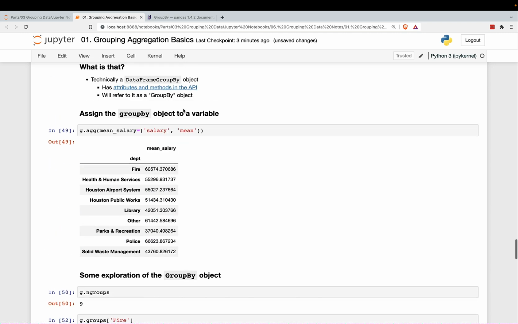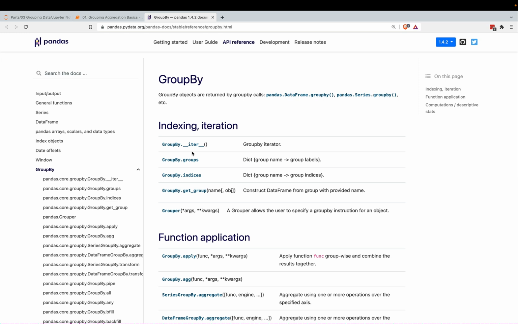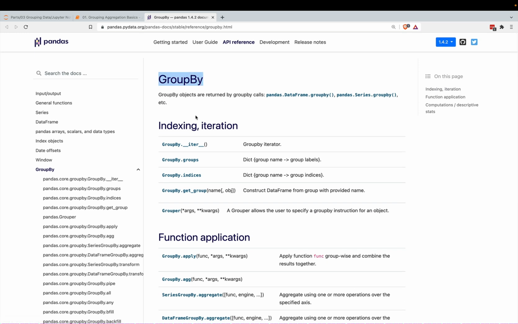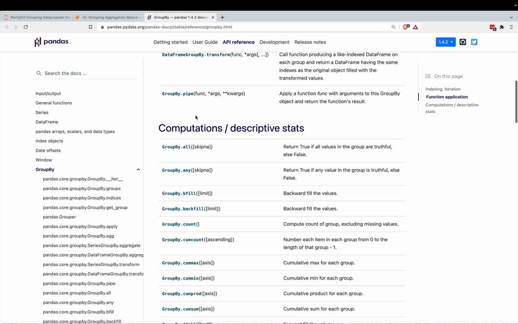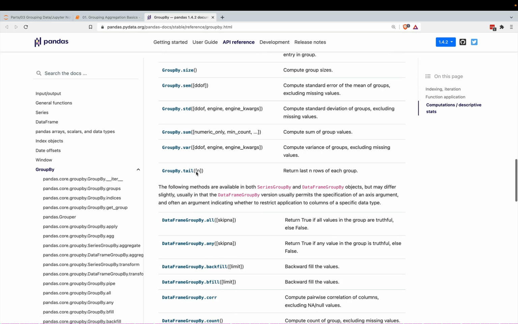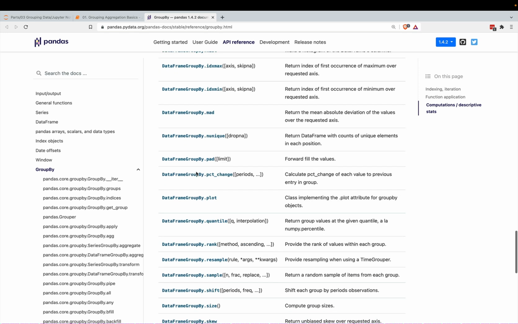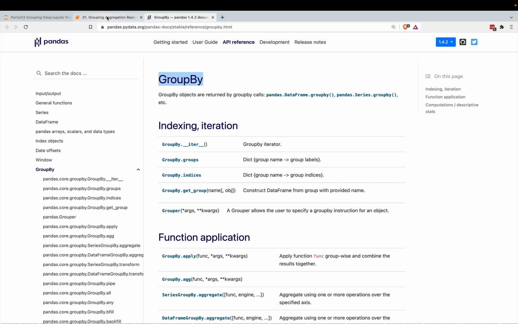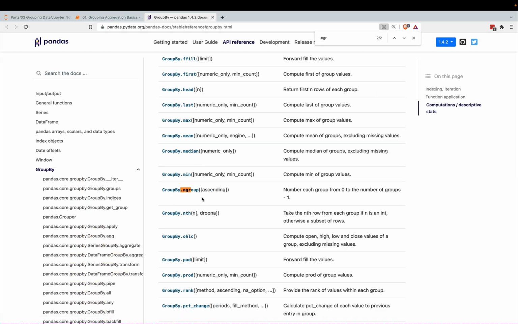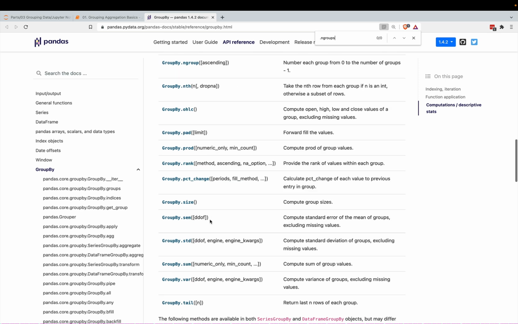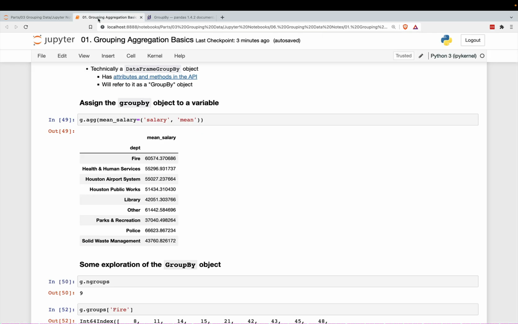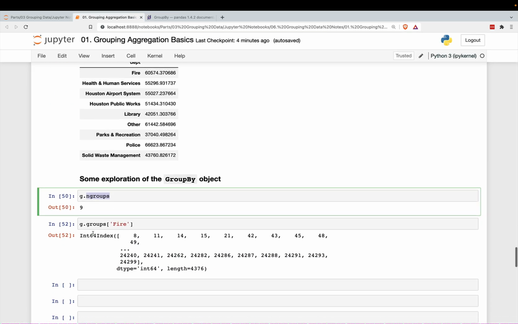Now I do have a link in the documentation to the attributes and methods. You can see here, Pandas has its own area. It does also call them GroupBy objects, and it breaks them up into aggregation methods and many other methods as well. So it does have its own section in the documentation that you can explore a little more. I just called groups. I also called ngroups over here. It's interesting, they don't even list ngroups, but it is actually an attribute, as you can clearly see over here. So anyways,